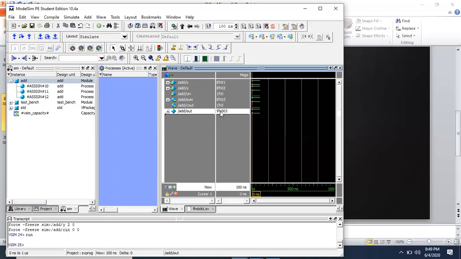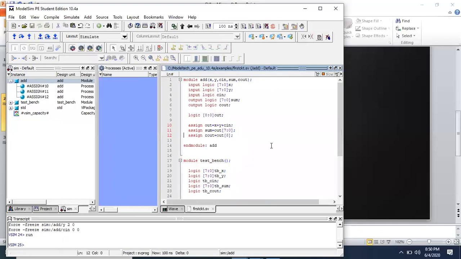9 means it is a 9-bit signal, which is your out signal, which includes your cout. Sum plus cout is nothing but the out signal, which we have already used. You can change this run length from nanosecond to picosecond to observe it more, right? So this is about how you can run and how you can observe the output. Again, you can switch to the program window, change the parameter and observe the waveform. So this is about a simple 8-bit adder circuit, a combinational circuit.